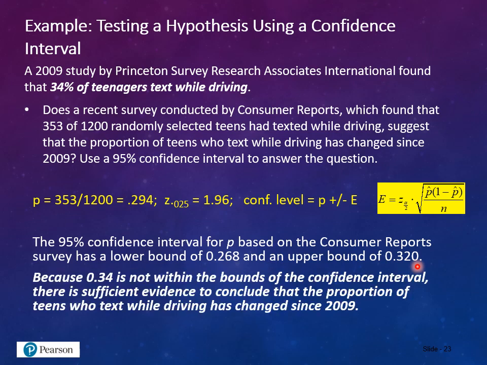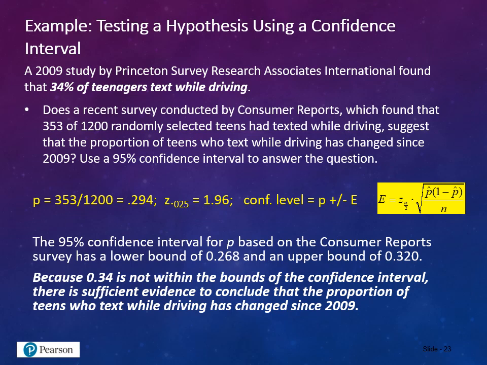Okay, because the null statement uses 0.34, or 34%, and because this is not within the confidence interval between 0.268 and 0.320, there is sufficient evidence to conclude that the proportion of teens who text while driving has changed. So again, what we've done here is refute the null hypothesis that it hasn't changed, and we have sufficient evidence because that point of reference is outside of the